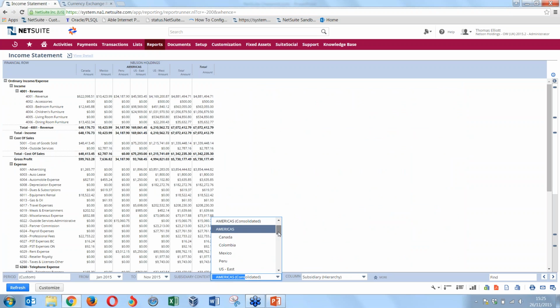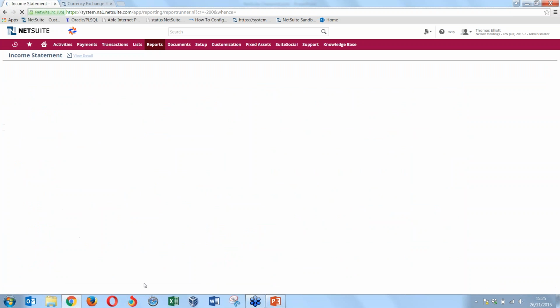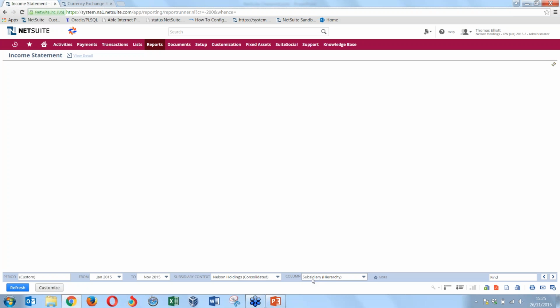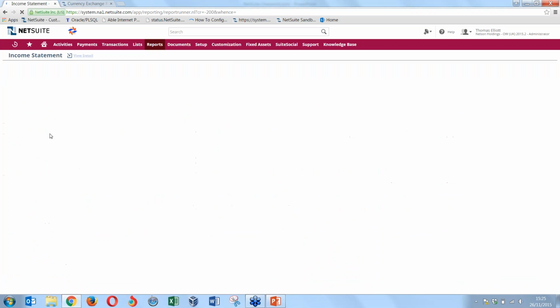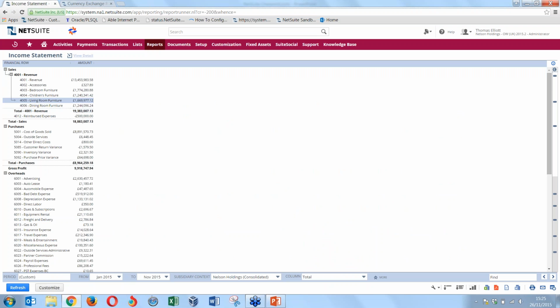So one other thing I want to show you that you can do with income statement reports, or any reports for that matter. I'm just going to refresh it to go back to all periods, and just have one total column for the output. You can customize a report as you would any report, and you can add in a column for what the foreign currency is. So at the moment, obviously, everything's just in the base currency. So I'll go to customize this report